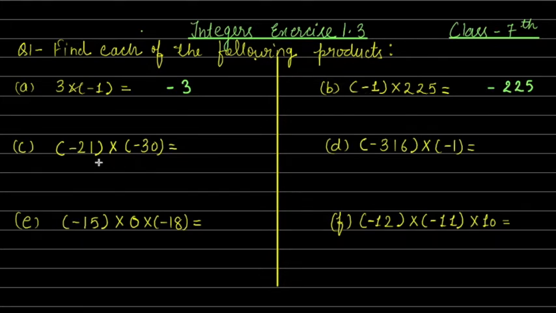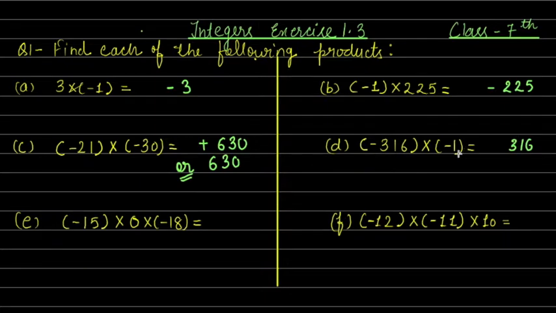Now in C part, minus 21 into minus 30. So first we know 21 threes is how much? 630. How many negative signs? 1 and 2, even number, and minus in multiplication becomes plus. So either you write it as plus 630, or you can directly write 630, which is very much understood as a positive integer. So for a positive integer, we normally do not mention the positive sign because it is understood. Any number multiplied by 1 gives you the same result, 316.